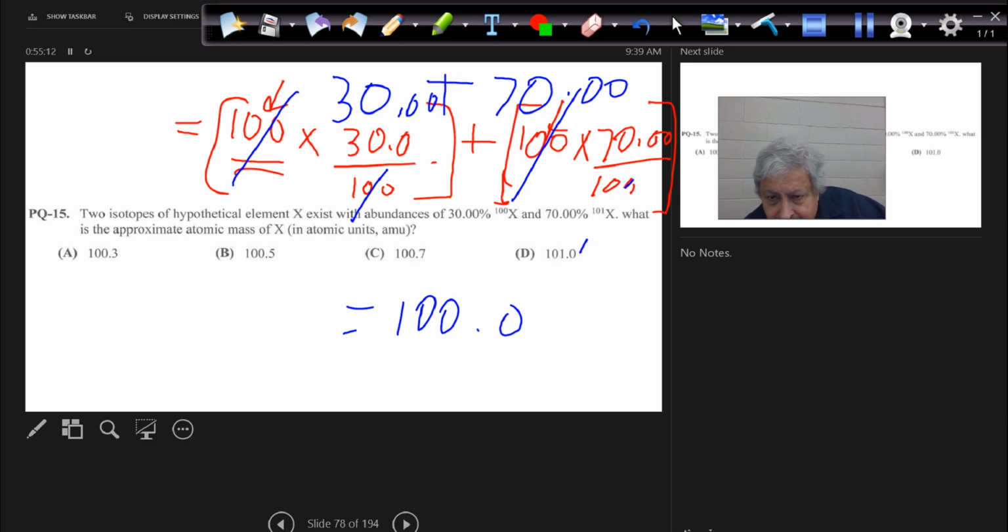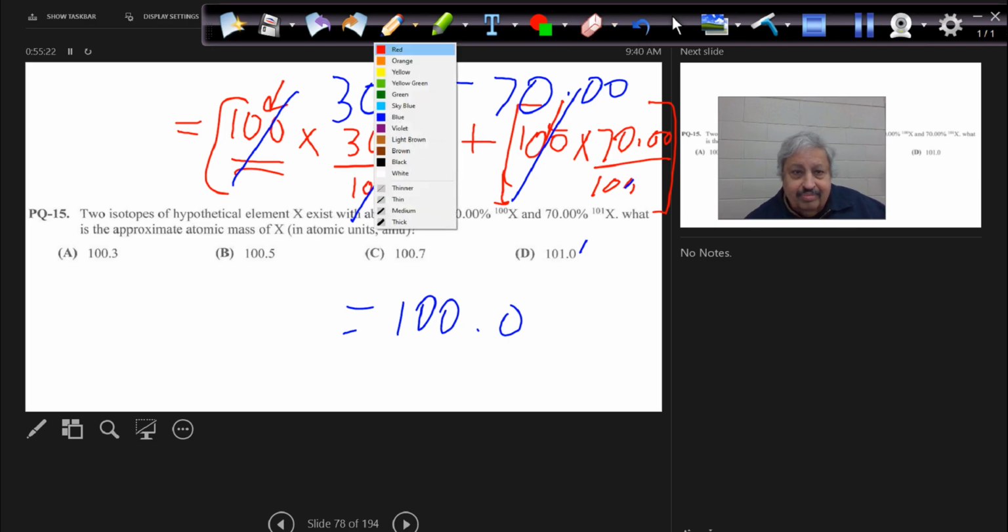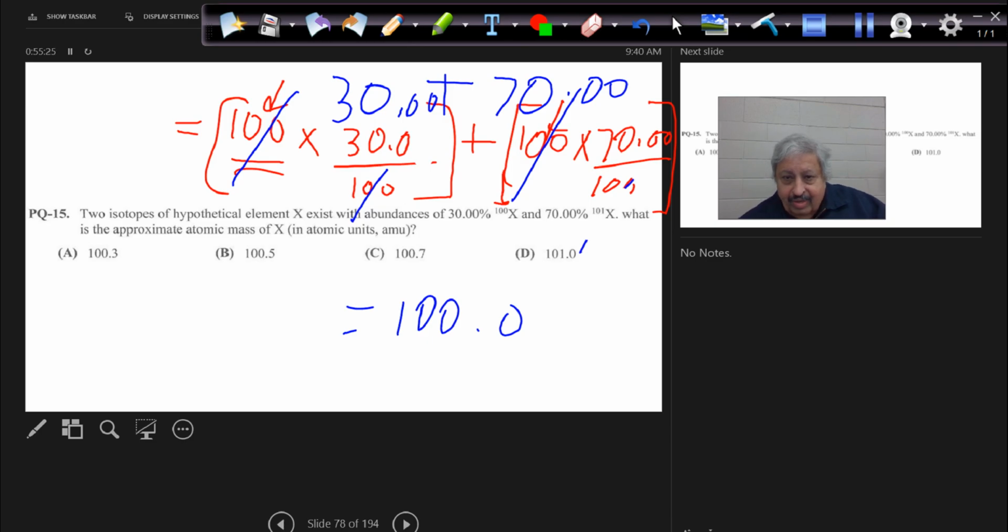Hold on. I made a mistake here. That's 70 is 101. Sorry about this. Yeah, I need my glasses today, so it's so tiny. This is not correct. This is 100. The math is not correct. This is 101. So you get the idea. So this is 101. So it means this one here will be a little bit more than 70, correct? More than 70.